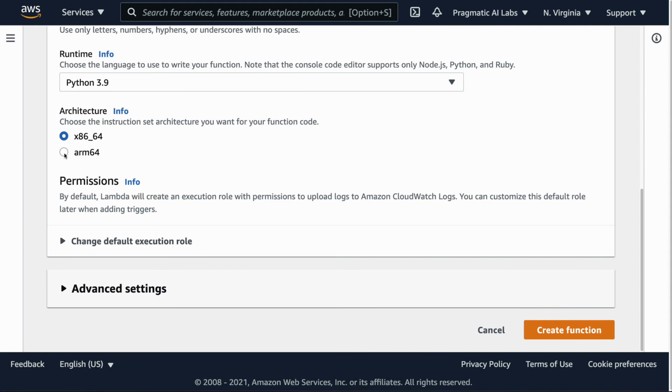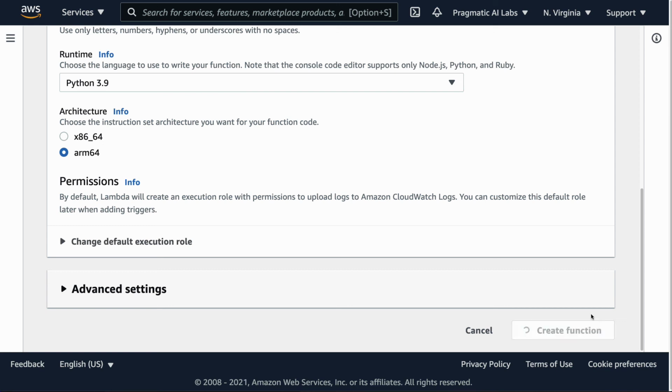And then if you wanted to, which is kind of a cool concept, you can not only do x86, but if you don't necessarily need libraries that support x86 and you want to do pure Python, we could pick this. So let's go ahead and do that. Let's have a little fun and pick this. And these are things that you could do if you want to change calling services. We're not going to do anything. We're just going to do a very basic Python function.